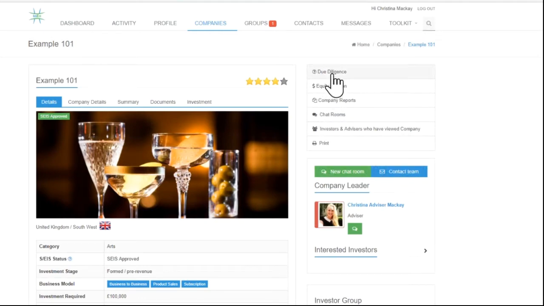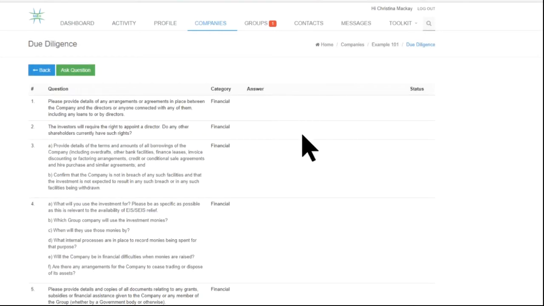This is a due diligence room where the founder can answer these due diligence questions by free text or uploading documents. We have set about 30 questions under financial, legal and technical that the entrepreneur can answer at any time, but you yourself as an investor can also ask a question. If you ask a question, that will appear in this due diligence room underneath these questions, and it will be visible to both the entrepreneur so they can answer it, but also other investors because they'll be very interested in